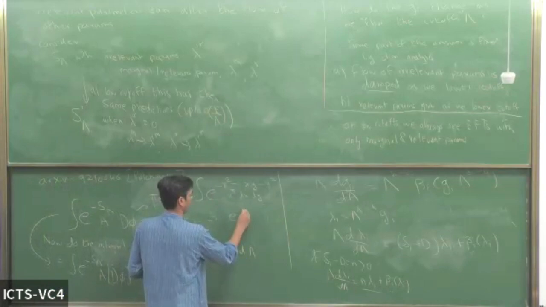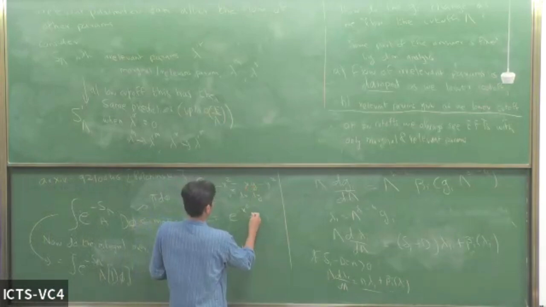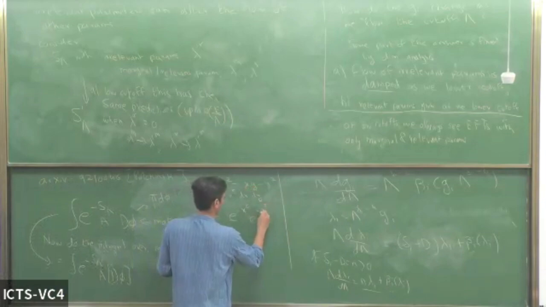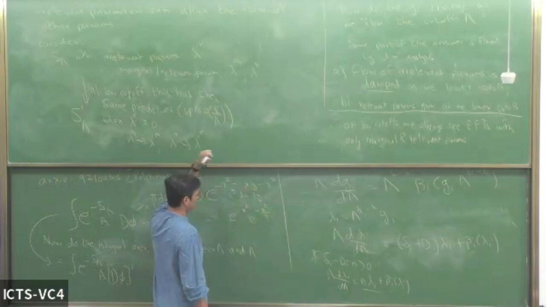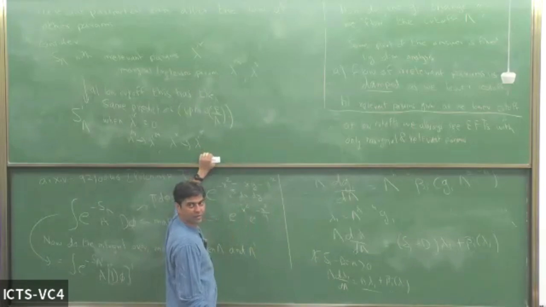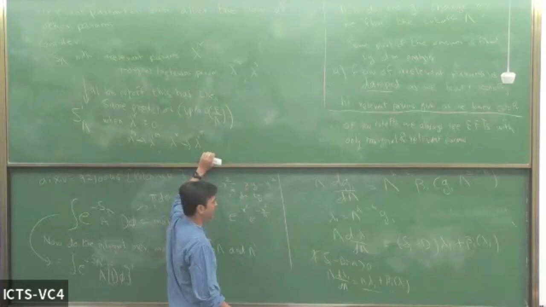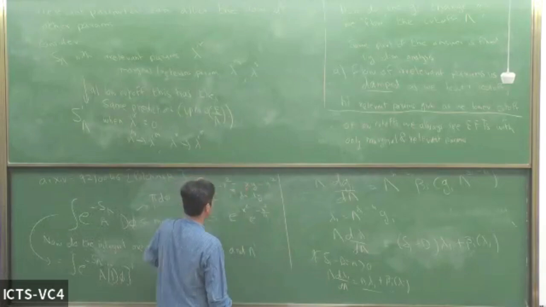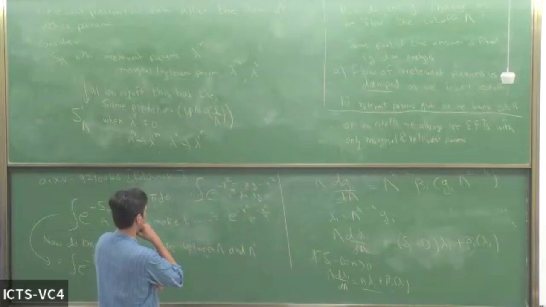E to the minus x squared. What happens when you do the integral over y? You get the square root of e to the minus x squared by 4. Is this correct? I think you get another minus x squared by 4, right? Because you complete the square, you put a minus twice xy, and you put a minus of x squared. What do you get? Is it plus or minus? Plus x squared, right?